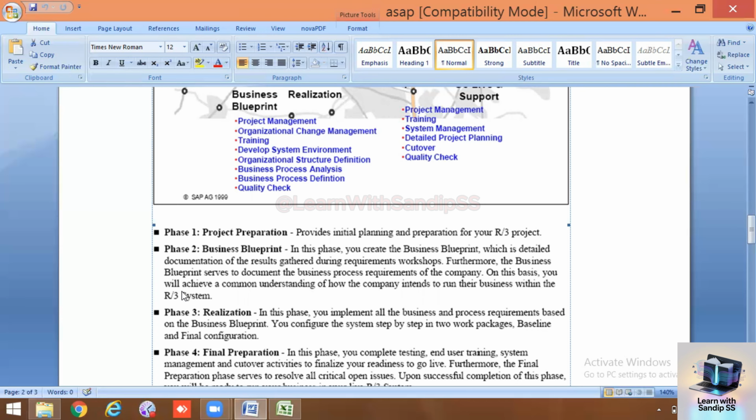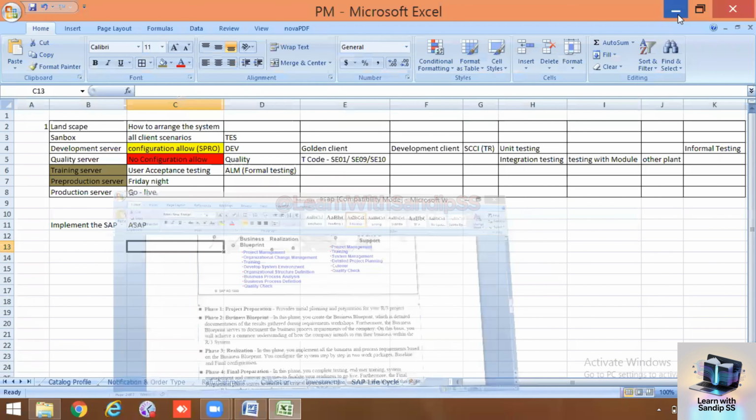Is there any standard format for the business blueprint, or is it a random collection of data? Yeah, correct. Good question. So